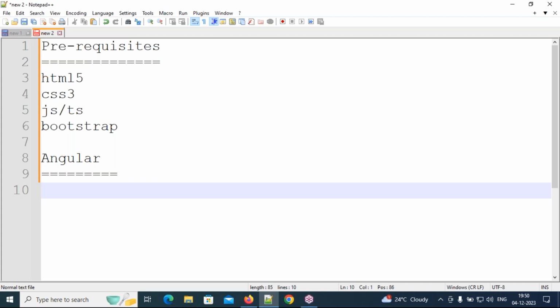By using Angular, what can we do? Web applications. Suppose I am not developing web applications, you are also not developing web applications, and nobody in the world is developing web applications. So is there any loss to the world? If nobody develops web applications in the world, is there any loss to the world? Respond: there is a loss, or there is no loss. Raise your hands for one second, offline and online. Raise your hands if there is no loss to the world, not for you, for the world. Okay, raise your hands if there is a loss.